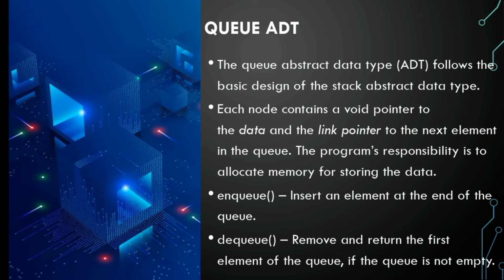The last ADT is queue ADT. The queue abstract data type follows the basic design of the stack abstract data type. Each node contains a void pointer to the data and the link pointer to the next element in the queue. The program's responsibility is to allocate memory for storing the data. Here are some functions of queue ADT, which is enqueueOff, insert an element at the end of the queue, dequeueOff, remove and return the first element of the queue if the queue is not empty,